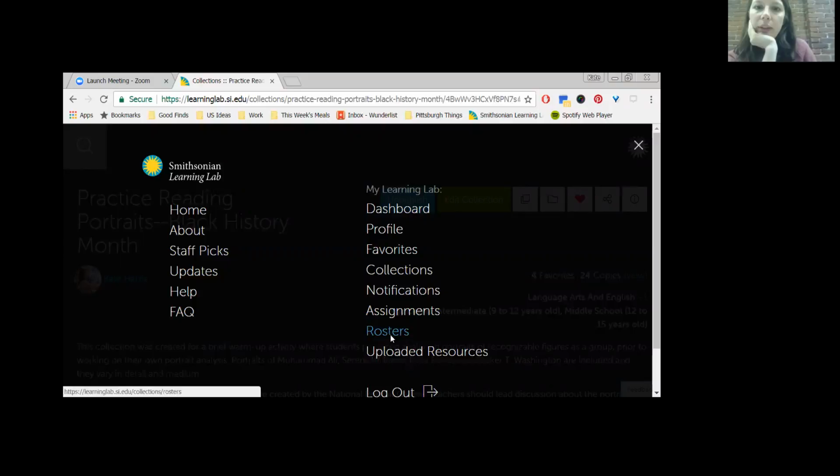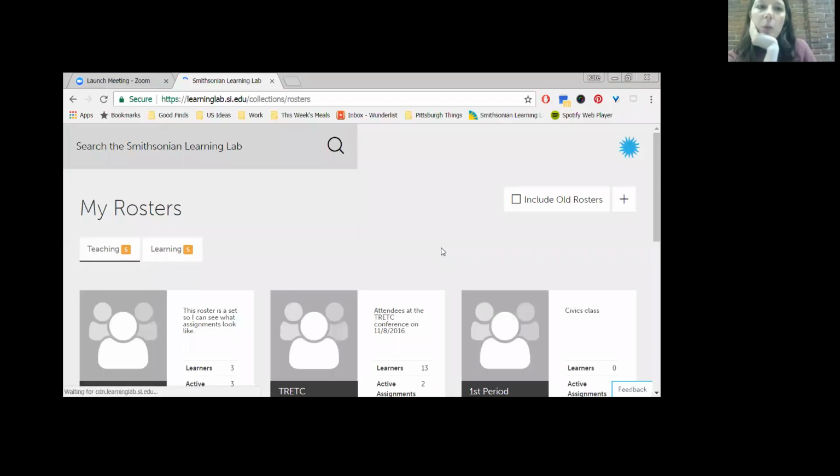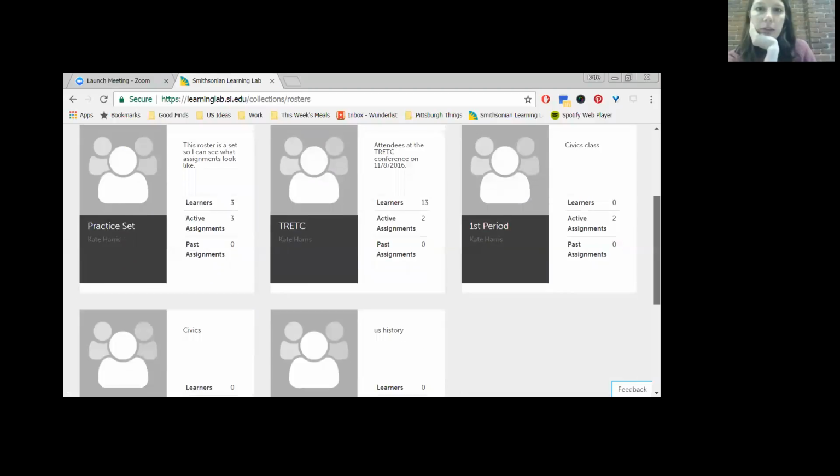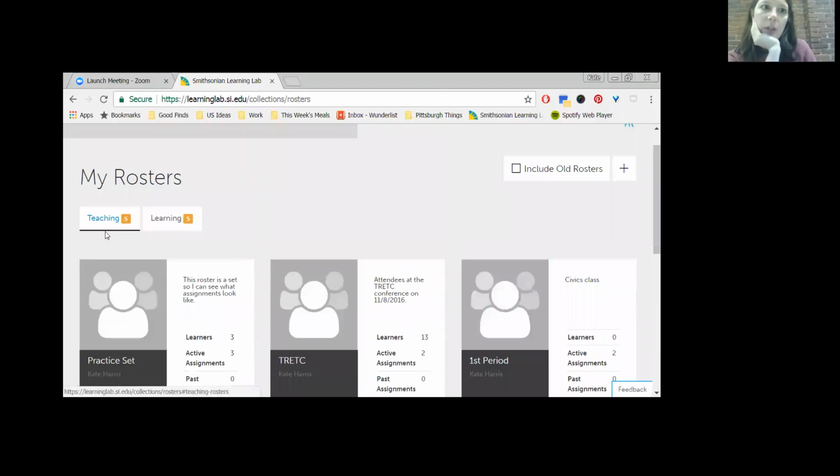And there's a rosters function. Once you click on that, it shows you the rosters that you already have made. These are my teaching ones, the ones that I've created. And then there's also learning ones, which are ones that I am a part of. And then to make a new one, you would just hit the plus